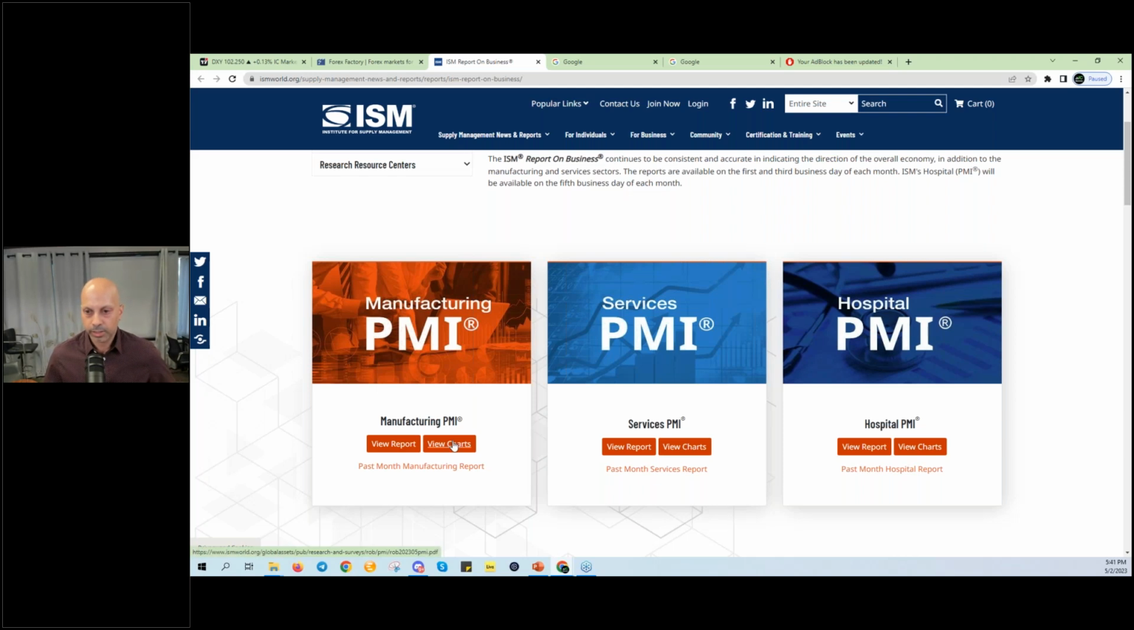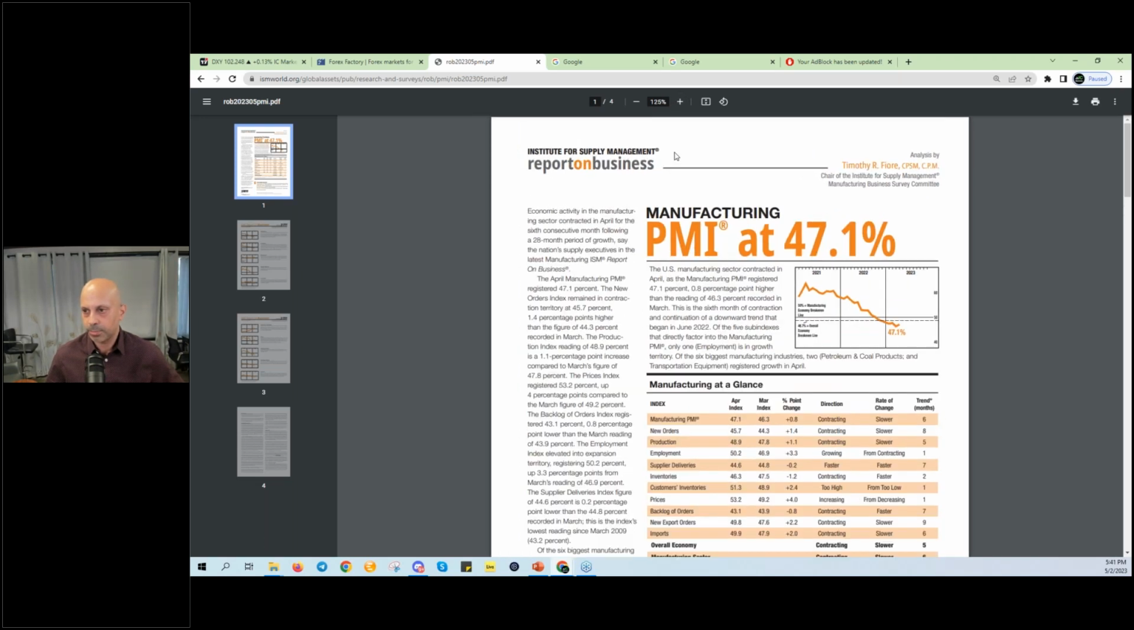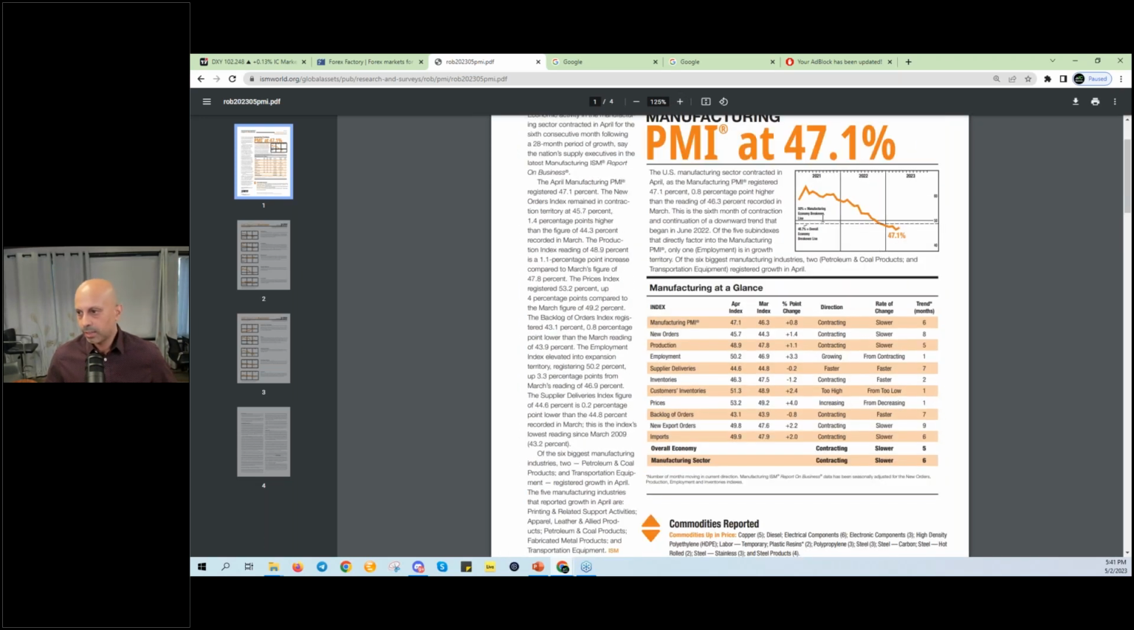Let's quickly look at view charts of manufacturing PMI. It gives you the overall state of the manufacturing sector in the US. Any reading above 50 means that the sector is expanding, and conversely, any reading below 50 is contraction, meaning the sector is experiencing contraction. You also have the headline figure here, manufacturing PMI, followed by various other indices, such as new orders, production,